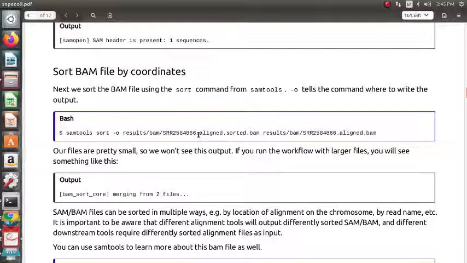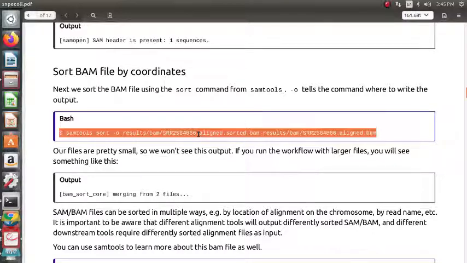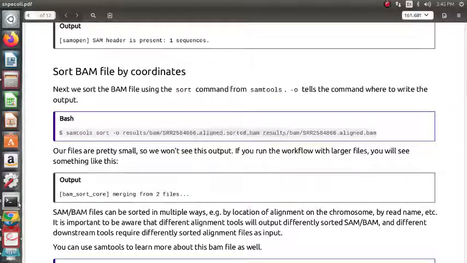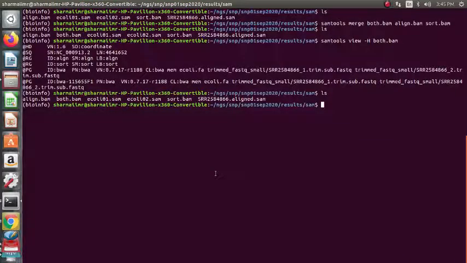Yes, samtools sort, right? Sorted.bam. Samtools sort -o results, we are in the same folder.